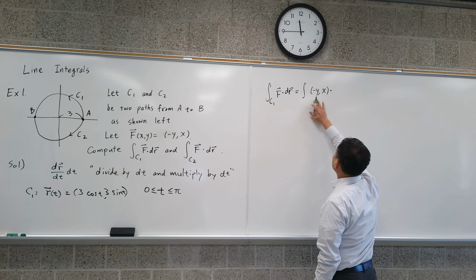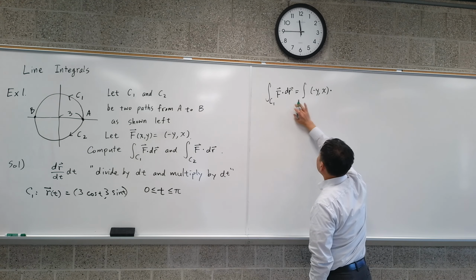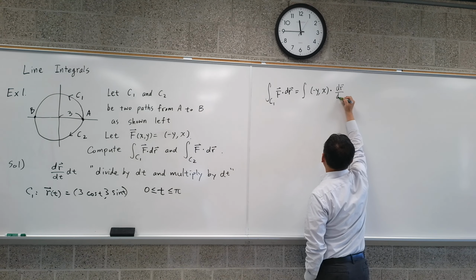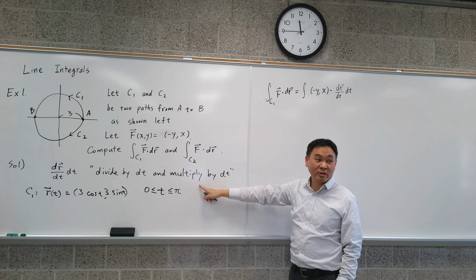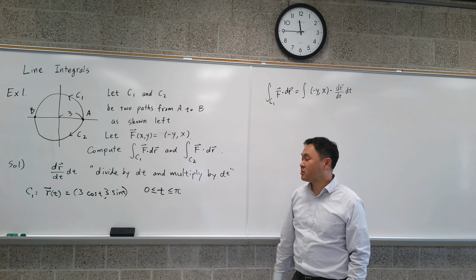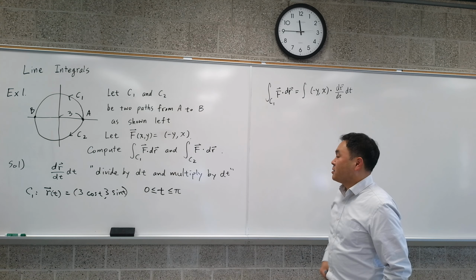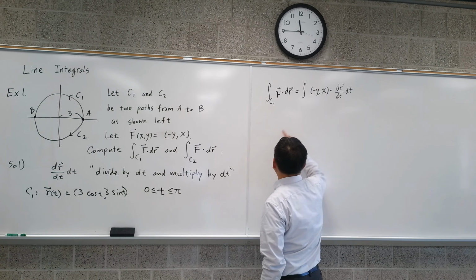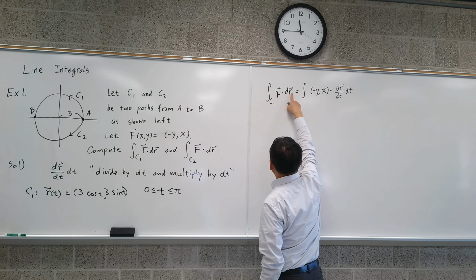So you have this, and then as I said, you should be dividing by dt and multiplying by dt. The most important trick in calculating line integrals. And then because t goes from 0 to pi, so as this path,